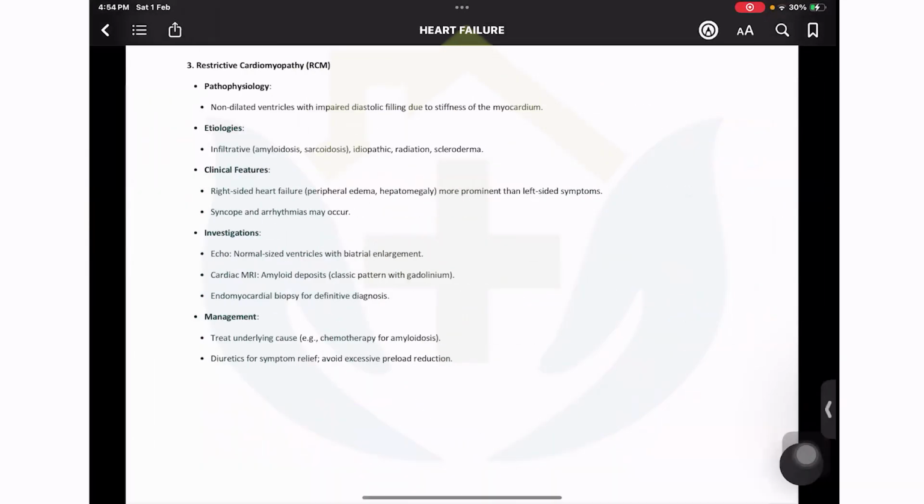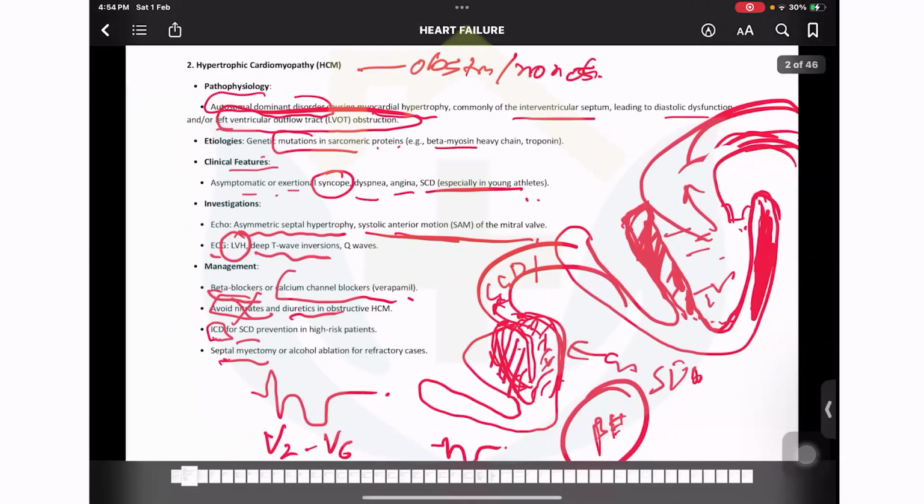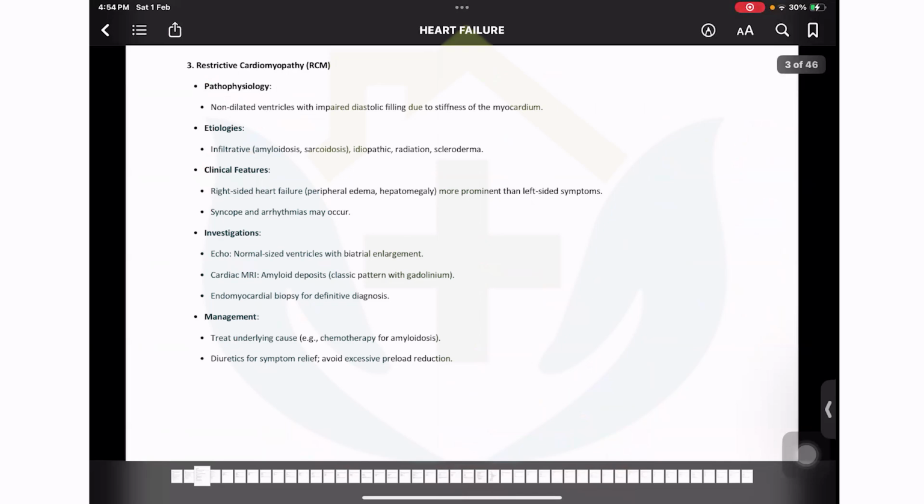Then the restrictive cardiomyopathy. Are you understanding everything? The dilated and the hypertrophic cardiomyopathy, students? Yes? Yes, sir. Good. So now coming to